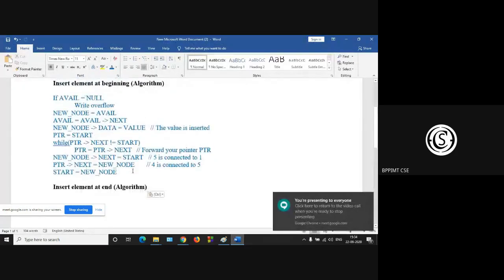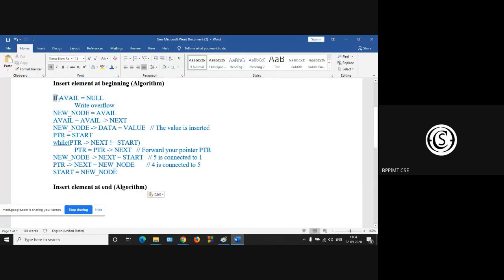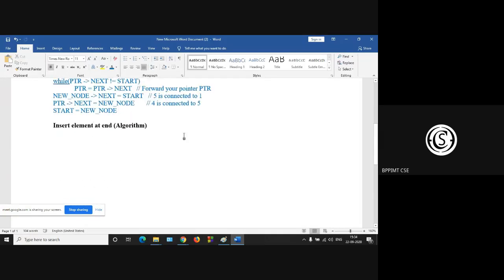So insertion at the end. So initial codes are same. If your available free space is null, then overflow. Otherwise, do something that is new node is avail and avail next is avail next. Okay. Avail is avail next. Up to this, any problem? Next,